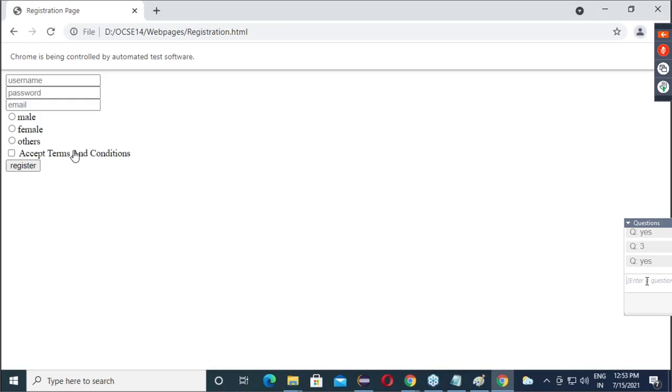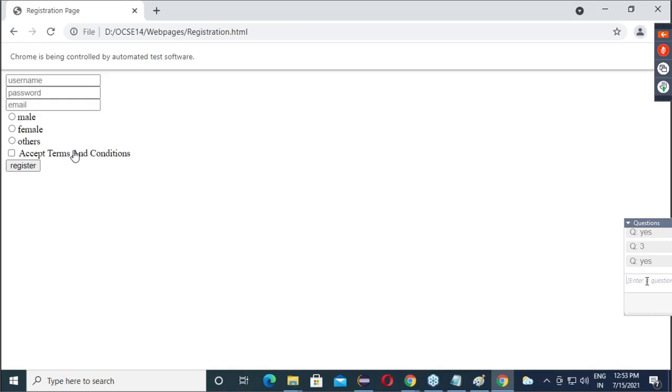Okay. Now, question is, when to prefer link text? When to prefer partial link text? It is very simple, guys. Whenever the complete visible text has some dynamic value.